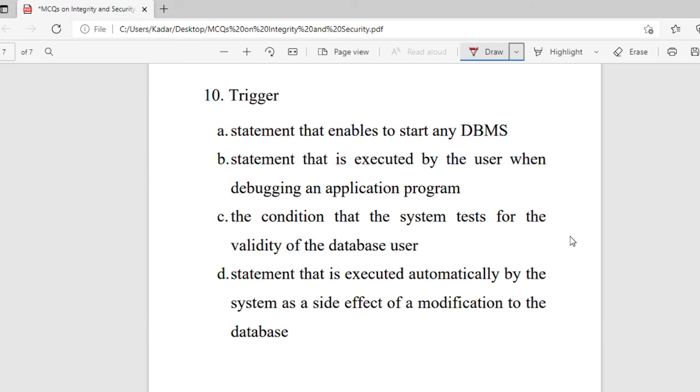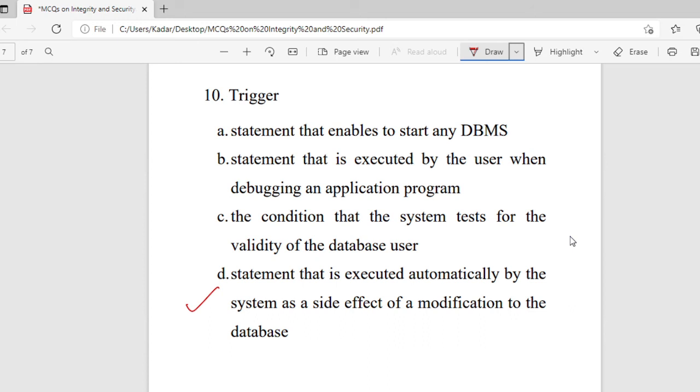So the right answer is option D, because the trigger is the statement that is executed automatically by the system as a side effect of the modification to the database. This is the exact definition of trigger.